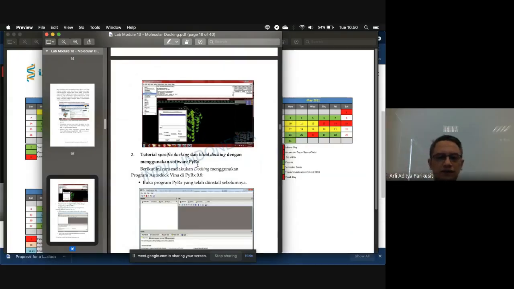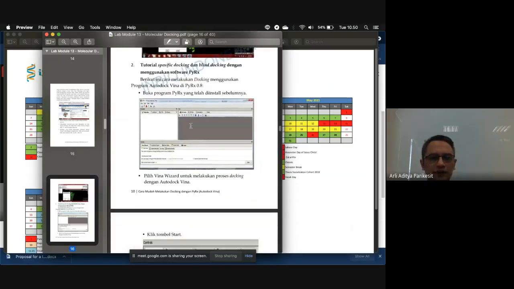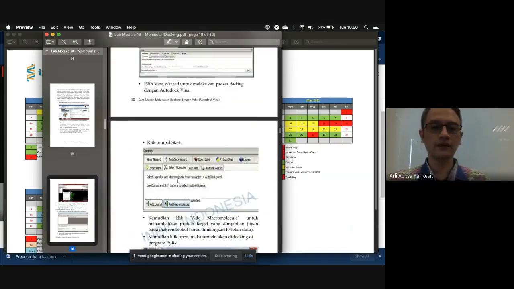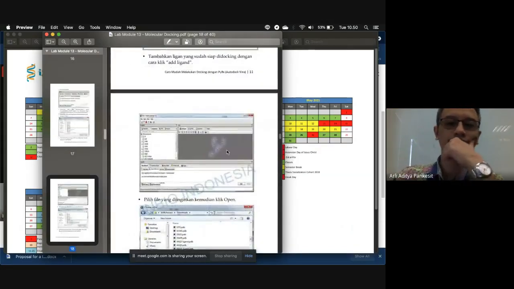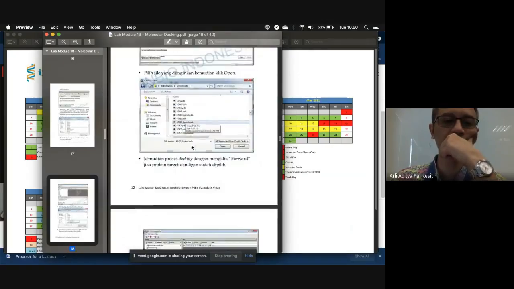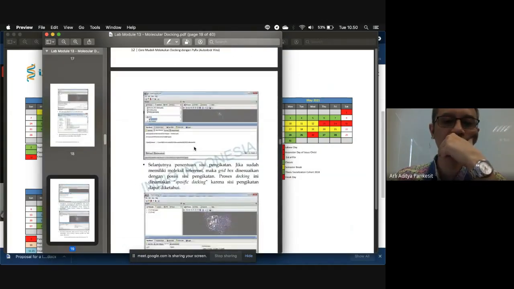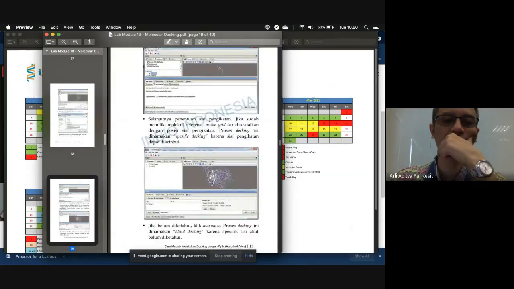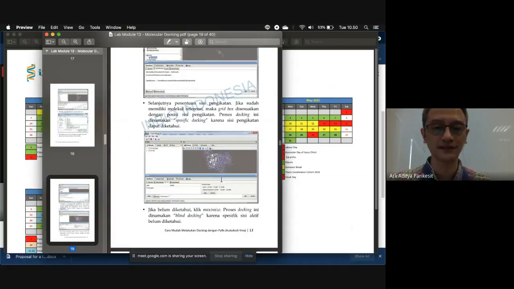It's very straightforward. You can install PyRx, and in PyRx you have a wizard. You can just use the wizard to do the docking. Then you start, and you get the visualization here. Open the file. And here is how to determine the docking site, the dock grid box. It will be determined automatically, but you have to fine tune some of the parameters.